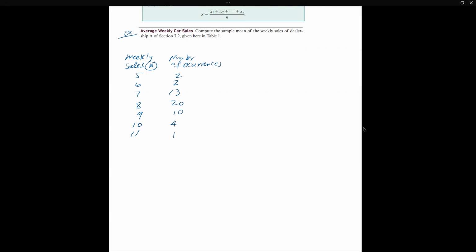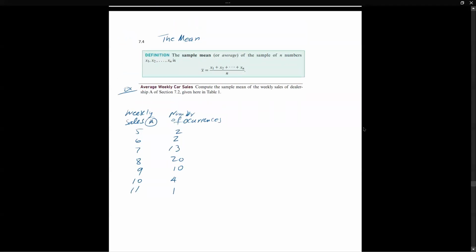All right. So compute the sample mean for the weekly sales of dealership A that we also saw in section 7.1, 7.2. And this table has these numbers. So we can form the mean the way we did it before. All right, so let's do it here. So we can do the mean to be